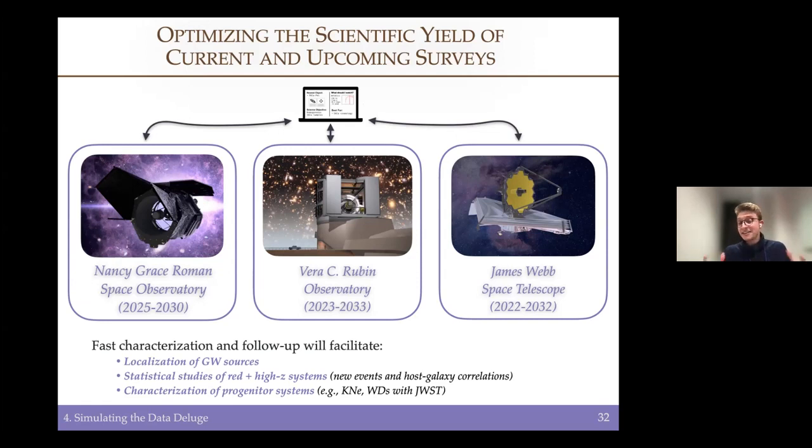We can study at a statistical level now with larger samples, potentially higher redshift systems than ever before. And that isn't just higher redshift events, but as we now push out to redder and infraredder observations, we can find classes of transients that we've missed in the past, and we could potentially characterize their progenitor systems in unprecedented detail. There are already proposals that have been accepted for JWST observations to study the host galaxies of kilonovae in detail, and white dwarfs, for example, to study the progenitors of type 1a supernovae.